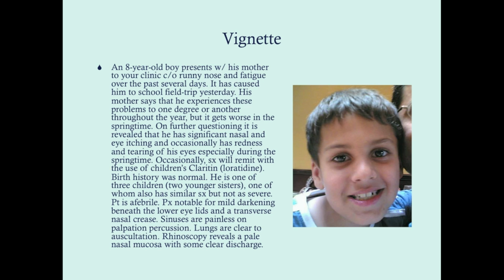We're going to touch here on one of the more common manifestations of allergy in the general population. So here we have an 8-year-old boy coming in with his mother complaining of a runny nose and fatigue over the last several days. It caused him to miss a school field trip yesterday. His mother says that he experiences these problems to one degree or another throughout the year, but it gets worse